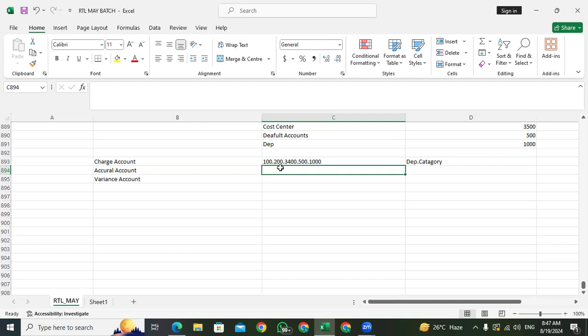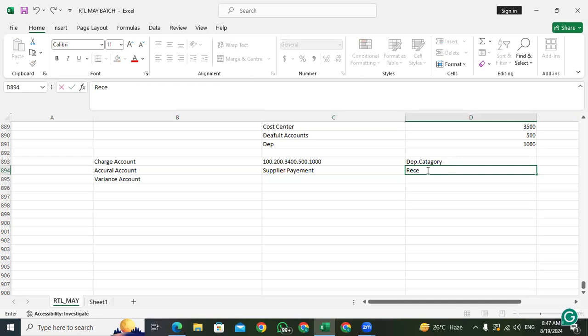So until then, which account is maintaining that payment record? This is for supplier payment. At the time of receiving the material, this accrual account is credited,